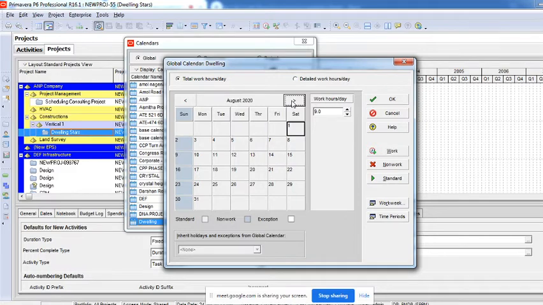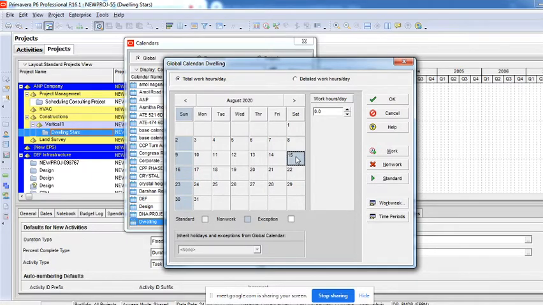Now the next is exceptions. For example, I want to make 15th August a holiday. You just have to double click to make it a holiday, or usually we call it a non-work exception. So when you click on this, select that particular day and double click it, it becomes a non-working day. 1st November is already a Sunday. I'm just double clicking that, so you can see it's a holiday. So it's called a non-working day.